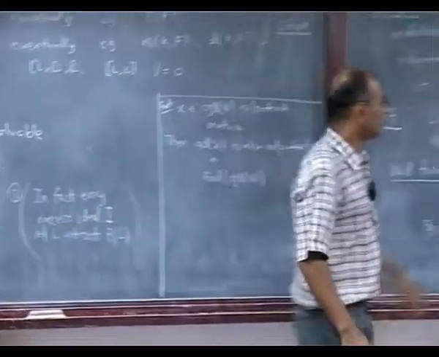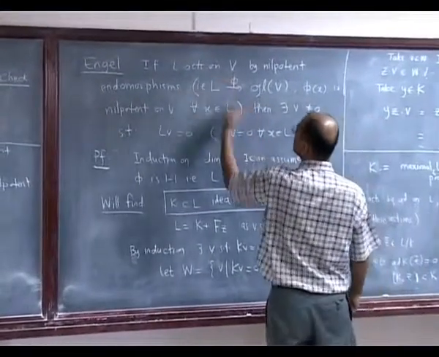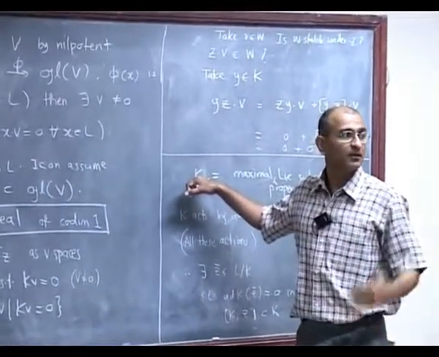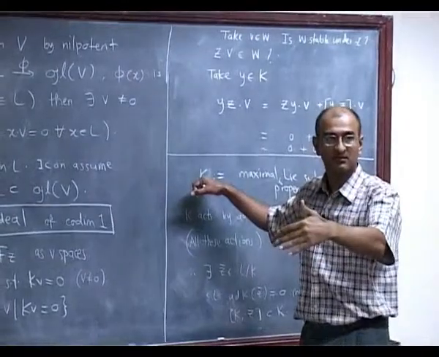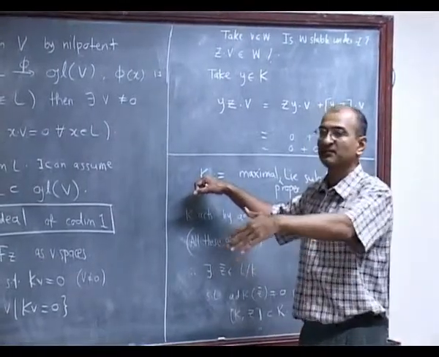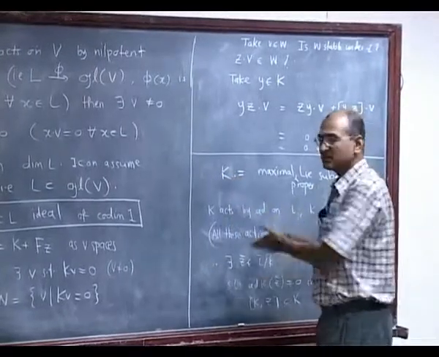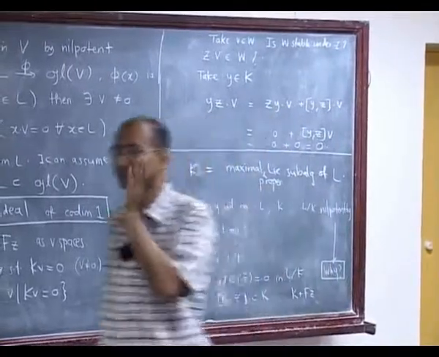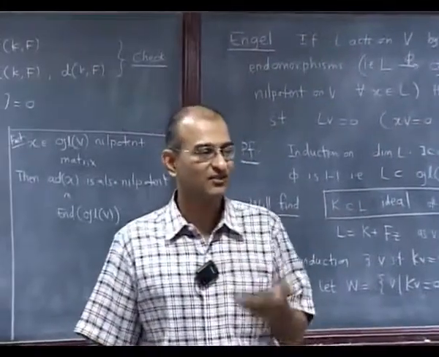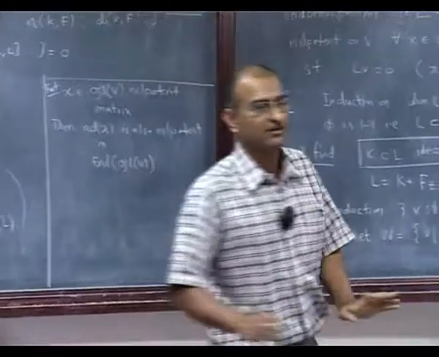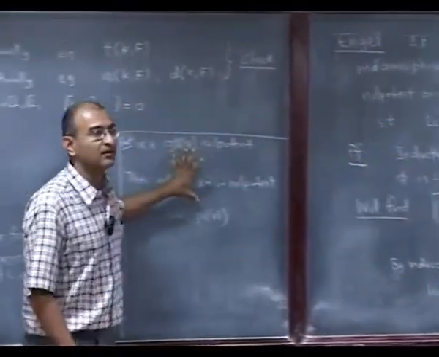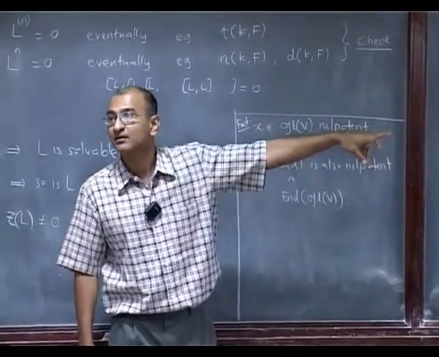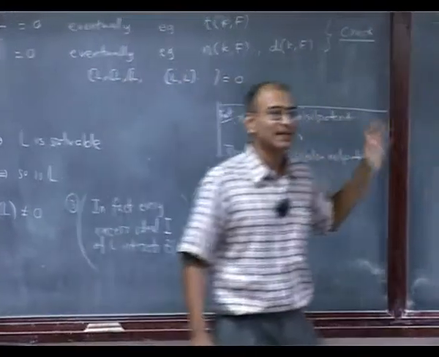This actually does the job, because remember k and L, they are both sitting inside GLV, right. So if I take something inside k, it acts on V in a nilpotent fashion. So it will act on GLV in a nilpotent fashion, and all these are subalgebras, right, they are stable. So if some operator is nilpotent on a whole space, and if some space is stable under it, it will of course be nilpotent even on that space. So it is really this general fact here, right. Is this okay, that how this finishes that off? It's okay.